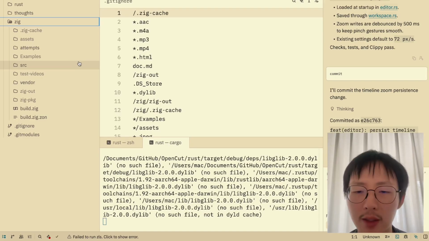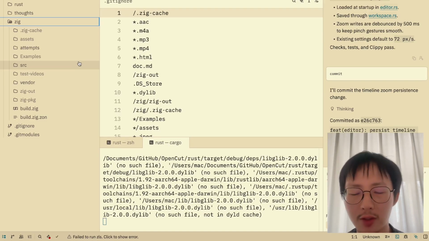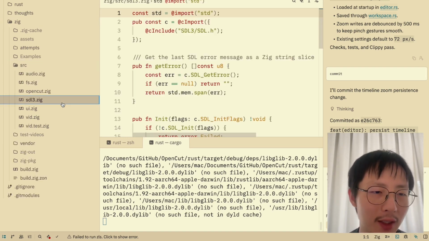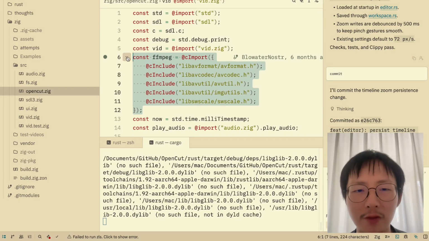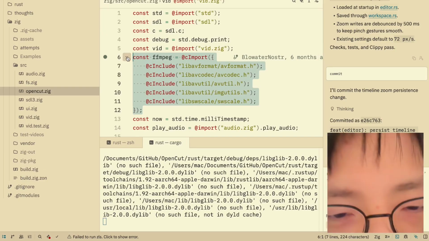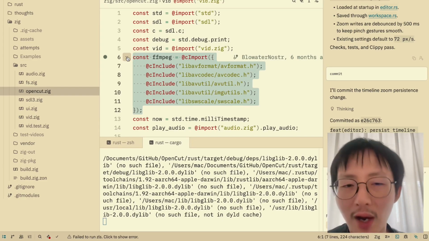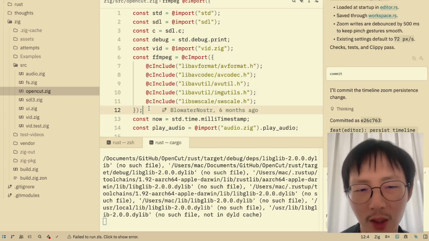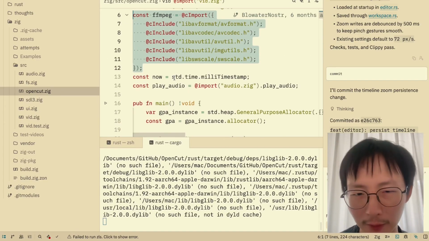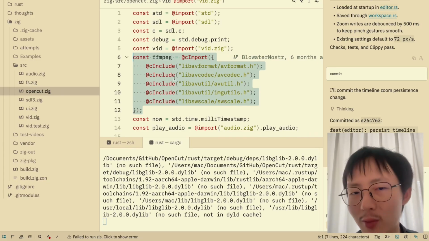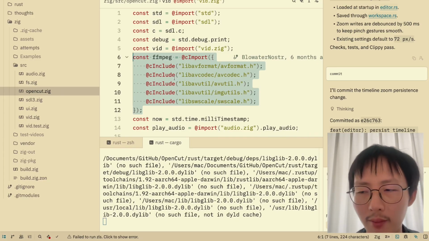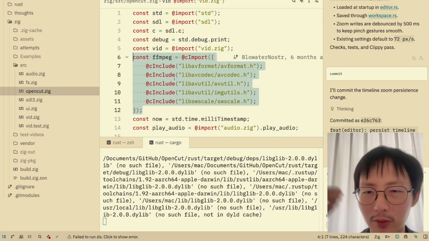The second thing is I need good bindings between FFmpeg or GStreamer and Zig, and we don't have good bindings. If you look at my Zig code, I am binding FFmpeg manually, which is not a big problem, because calling C code is easier in Zig than in Rust, but still it's very annoying. Zig code is also more low level than Rust code, because you have to manage your memory manually, and you have to decide every byte in your head.